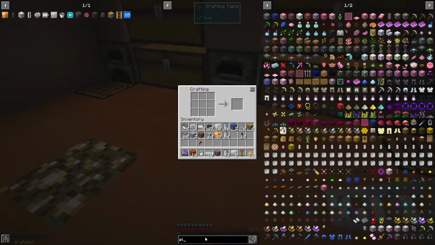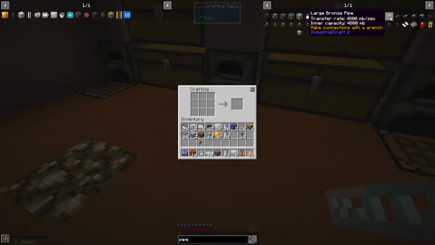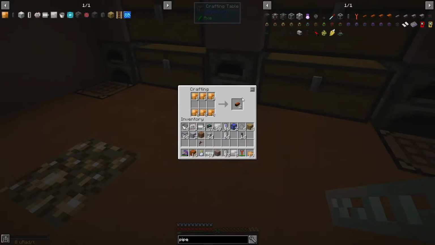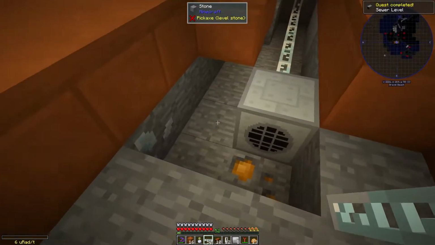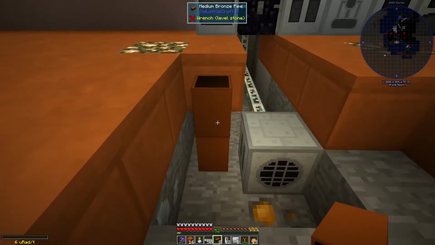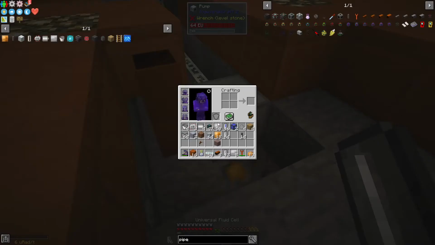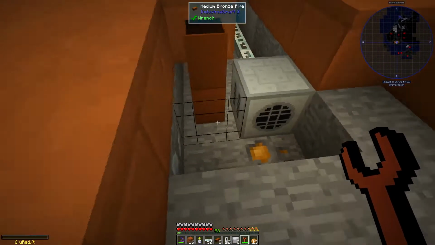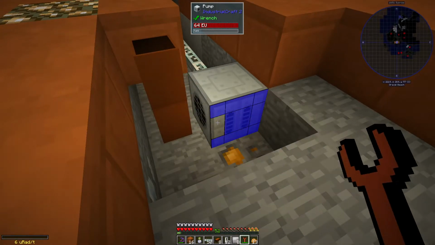Then we need piping, right? Might as well go large, you know. Well, I didn't make that much. Yeah, alright, we'll go with a few of these medium ones. That'll be fantastic. And shall we just pump it into the... Oh my. Okay, that's gonna be fun. It says that we can wrench things, so how...